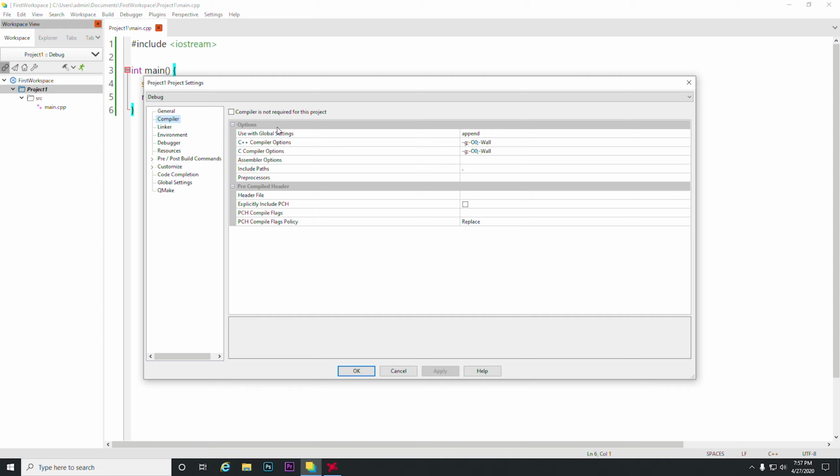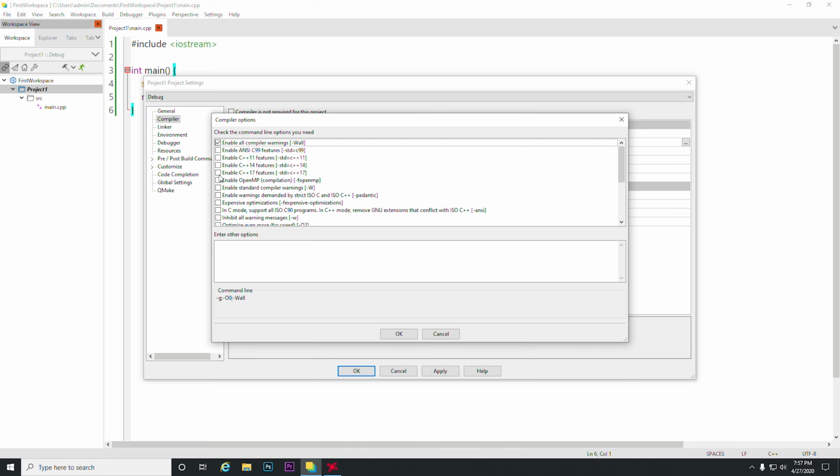You need to go to compiler. You see you have to change the C++ compiler option, not C. We are using C++. So you see these three dots, you're going to open them. You need to enable the C++17 feature because we are obviously going to use modern C++. If you want to use C++14 features, you can use this, but don't use both of them together. This is really going to confuse the compiler about what you are going to do.